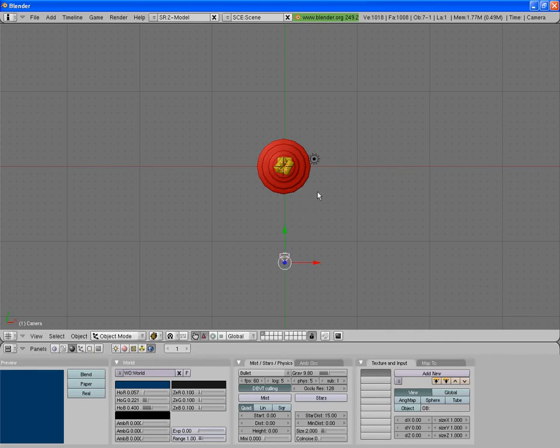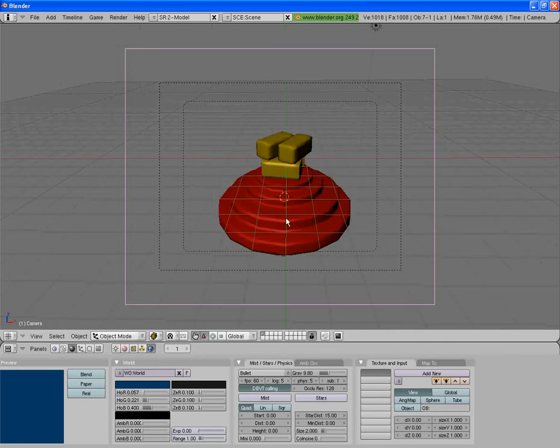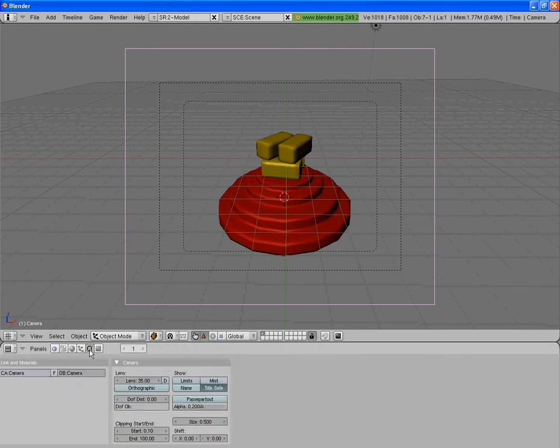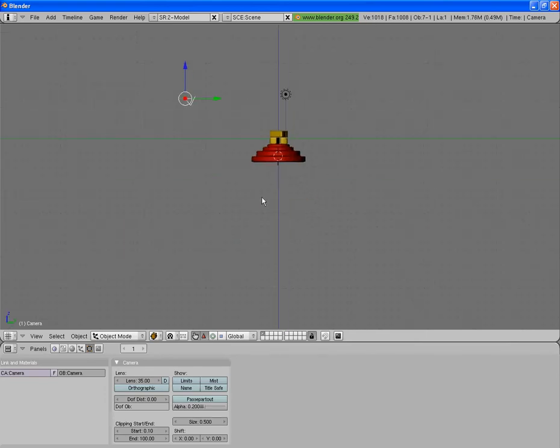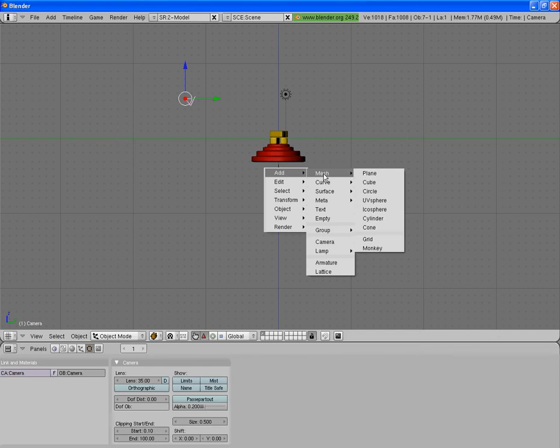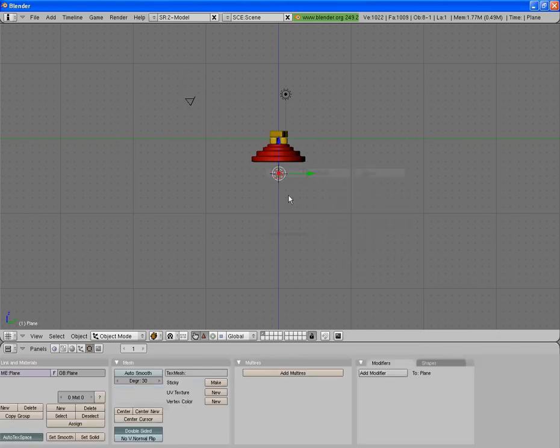Now if you press 0 on the number pad, you'll go into camera view, and if you go into here to camera, you can turn title safe off, and that'll show you only what the camera will see. So you want the whole gold to be in here with the stand and all. Now if we go 3 to go to side view, now we can add a background. So left click to place your 3D cursor, then space add mesh plane, and S to scale that out, then